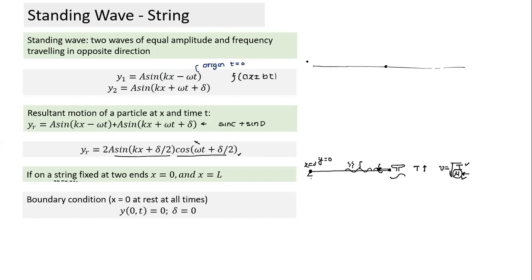Suppose we have a wave in the fundamental mode, vibrating like this, and my equation is something like this. What is y? Y is equal to 2a sine, where lambda is equal to L by 2. So basically k is equal to 2 pi by lambda. Lambda is equal to pi by